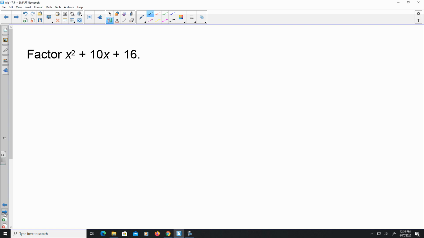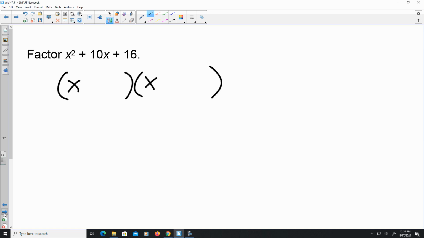So they're asking us to factor x squared plus 10x plus 16. It's a trinomial, so I know it's going to be a pair of binomials. So I'm just going to go parentheses, parentheses. And since it's a simple trinomial, I'm going to say x and x, because x times x is